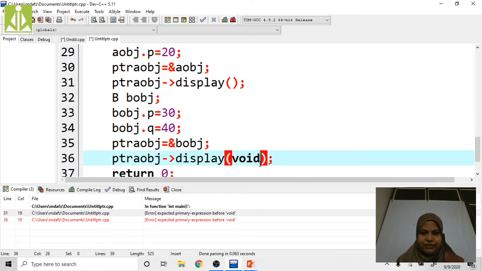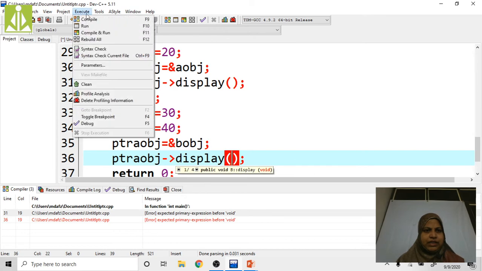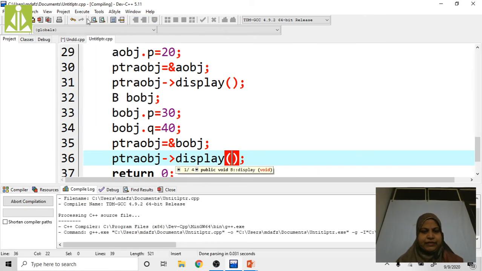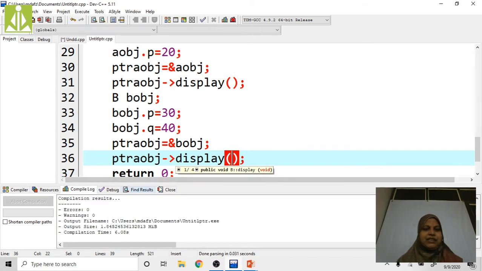Yeah, we just have to remove this because we are already defining that. Compile. Yeah, see, error 0, warning 0. While we are going to call any method, don't write this void return type here.